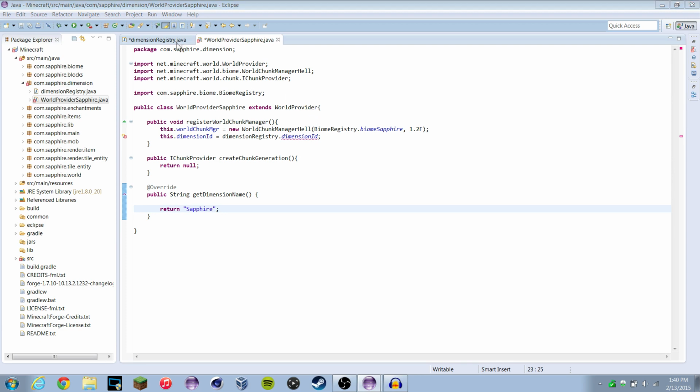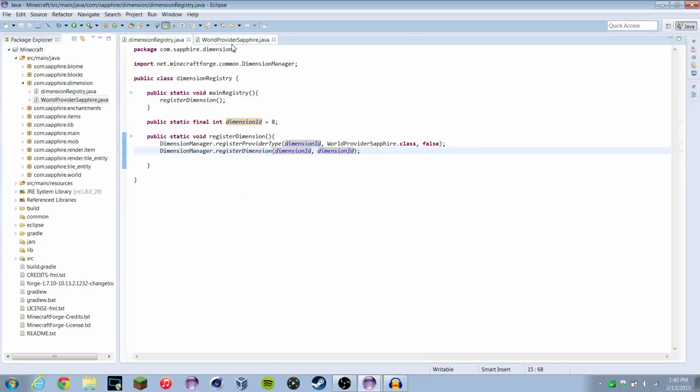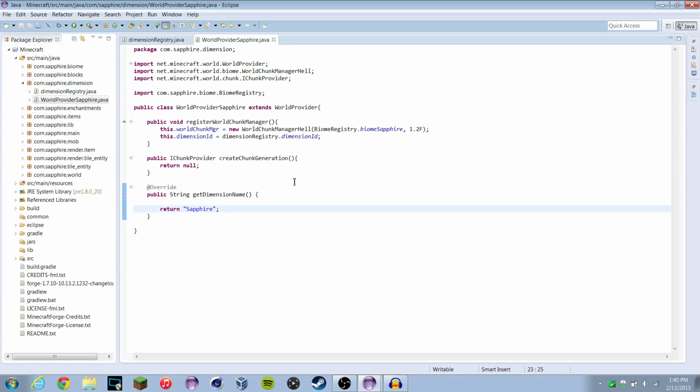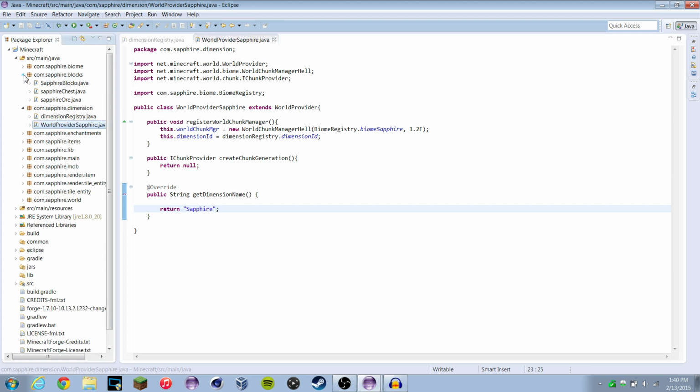What do you mean? Oh, I didn't save it. There we go. Okay, so that is our world provider, it tells us what biomes, and that is what we're going to do for now. So the next thing we're going to do is we actually need to create a new